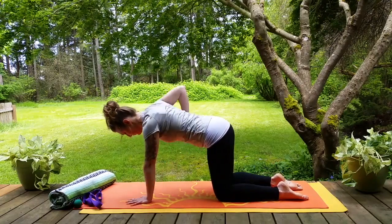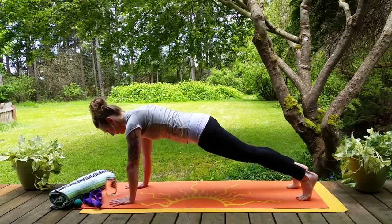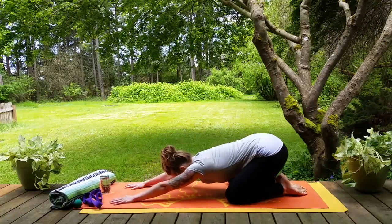Another option, scapular push-ups in plank. You can also do this in half plank. Again, just that really subtle movement, creating space between the shoulder blades, dropping them down. We can also move through our arms in this position. Sitting back and down,